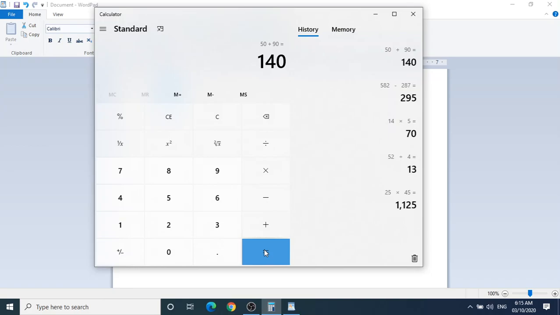Generally for big sums we go for the calculator. Small sums you have to do by yourself, like your mental maths, where you solve sums orally. So this is the screen of the calculator.